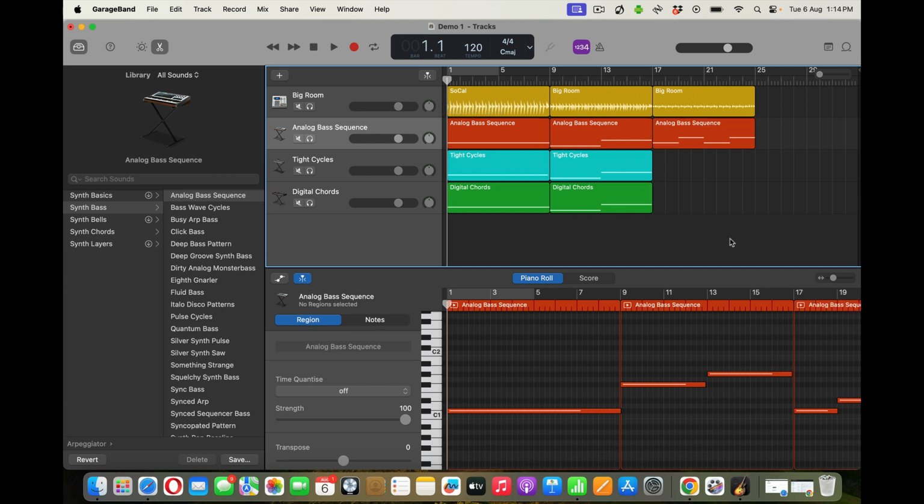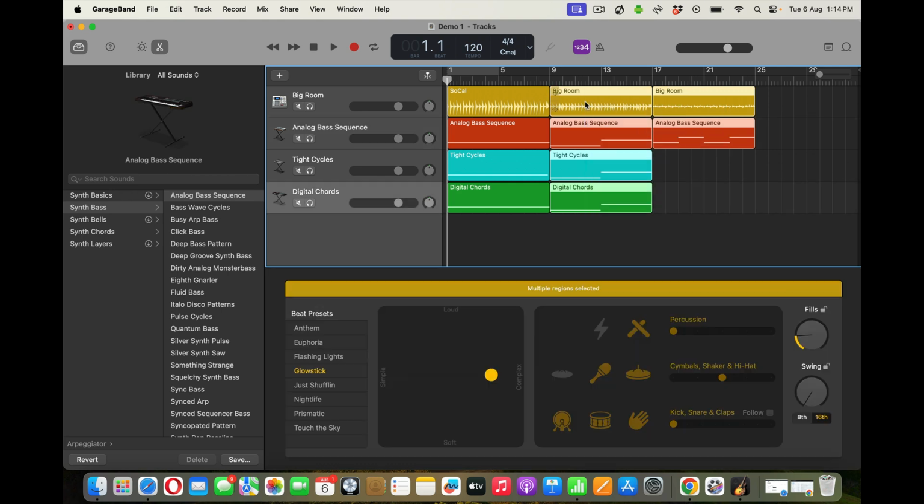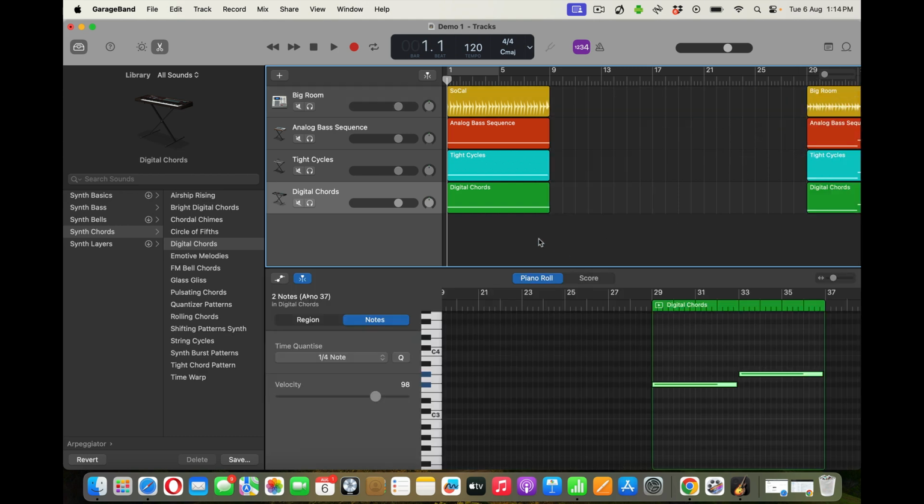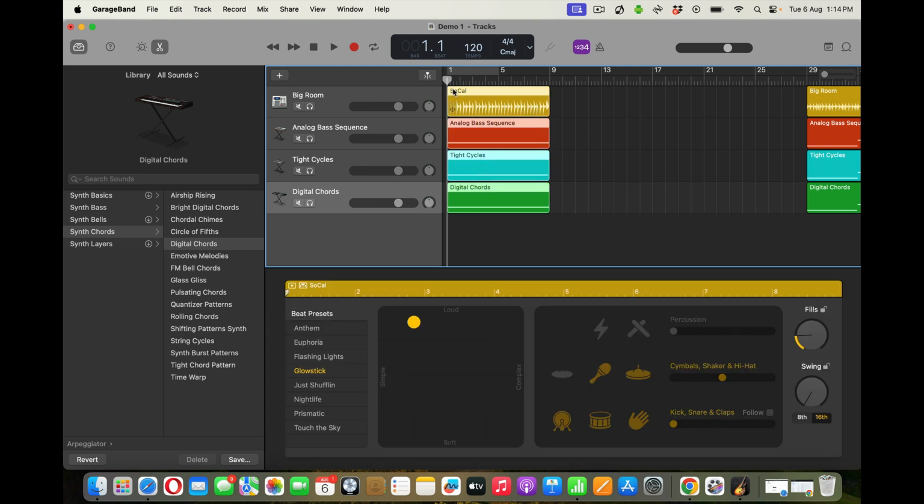So first things first, I'm going to use my A section as the start of my piece. So I take these 2 sections, highlight them, and I'm just going to drag those out of the way temporarily. By dragging them along, I'll place them there for now. So I've got my A section, but I don't want it all to start at the same time. What I want it to do is build up. So I'm going to select it all, Command C to copy,